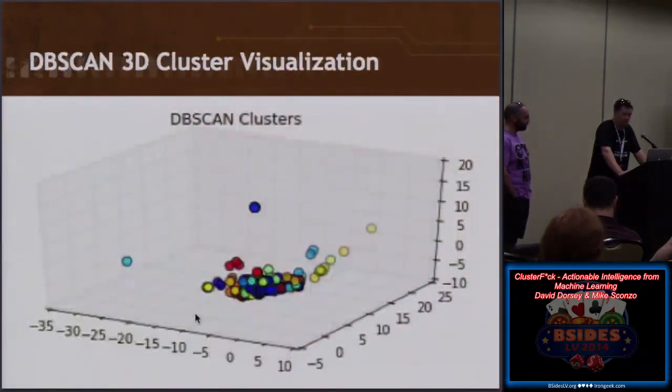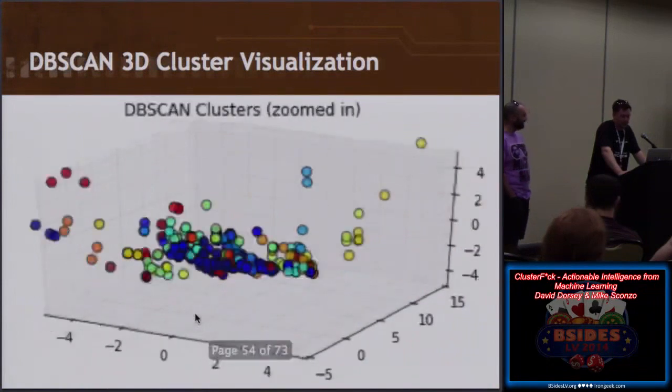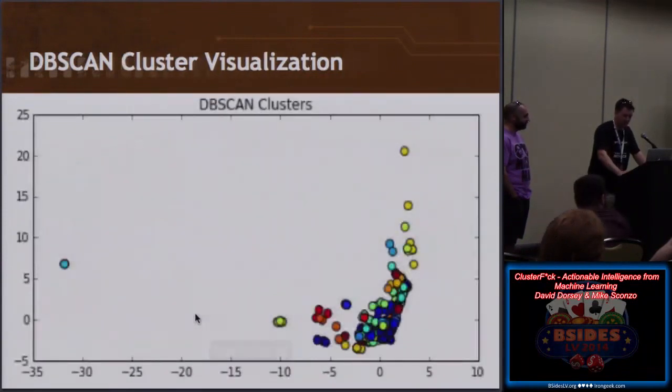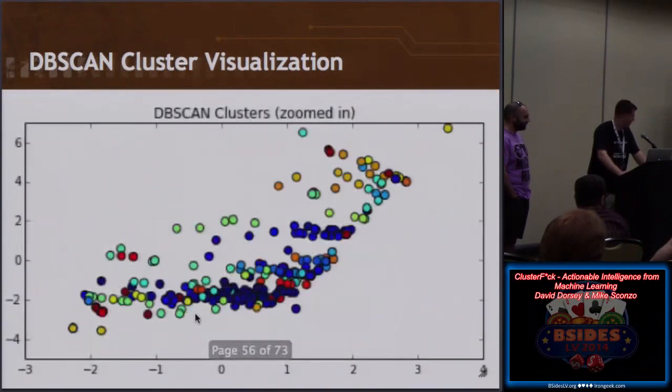Now we look at it in 3D, and so you see that big blob there. You can't really see anything. So if you zoom in on it, you can see a slightly bigger blob. But you can kind of see things grouped together. I mean, it's the eye color test. So in 2D, actually, I think you can see it better. So if we zoom in again, now you can see the grouping together. I think it's a little bit easier to see in 2D.